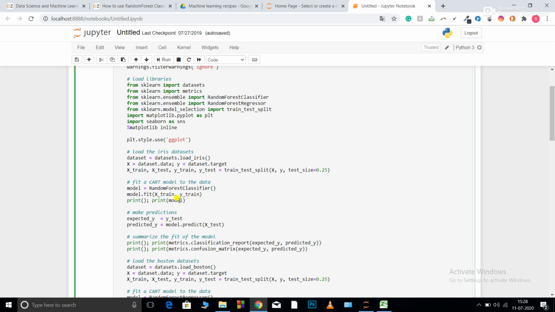This will give me the predictions for X_test. So I want to compare the predicted value and the expected value, and see how my model has actually performed. Now print classification_report(expected_y, predicted_y). This will give me the classification report for my expected and predicted values. Then the confusion matrix will give me the true and false positives and negatives for the expected values and for the model.